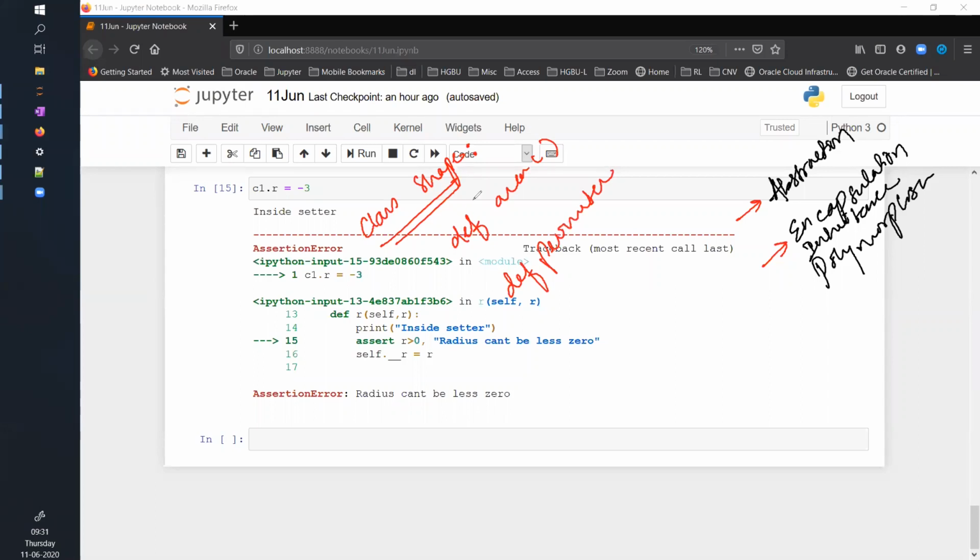We will discuss how to create abstract methods. These are your abstract methods, in that I will not give any definition here. I will just say pass. I will just create the structure, but I will not give the exact implementation. You're getting my point?